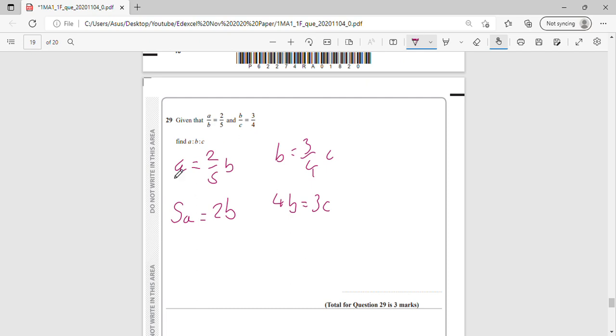So let's do this ratio. 5A equals 2B and 4B equals 3C. So the ratio of A to B is, for every